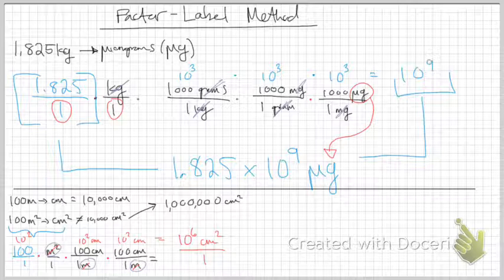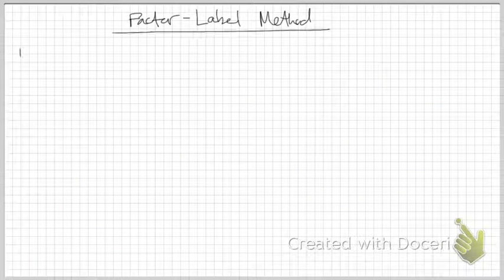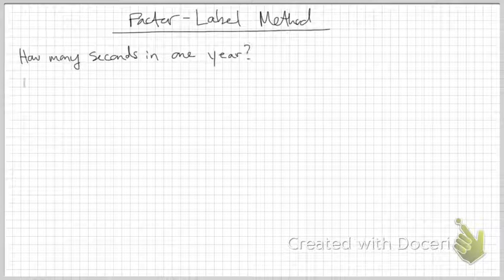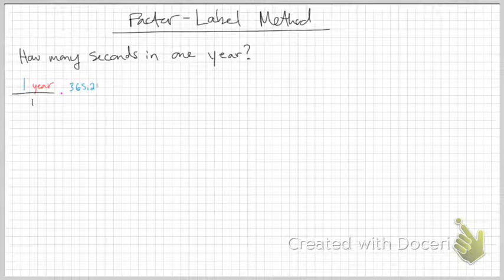I'm going for area. And so that's, if I move my decimal point over, I would actually have to move it over 4 times, not just 2. So 10 to the 6 centimeters squared is how many square centimeters it takes to fill up 100 square meters. Another helpful, useful reason for using the factor label method is when we have